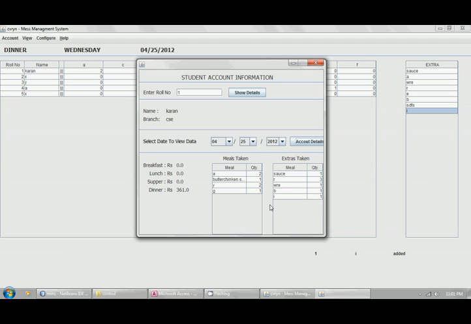By this process we calculated all the information of the student. So this is a very easy process, and the accountant doesn't have to do such labor. This is the motive of our project, and the targeted audience is of course the accountant in the hostel mess who registers every detail of the students' meal information. So thank you very much. Thank you.